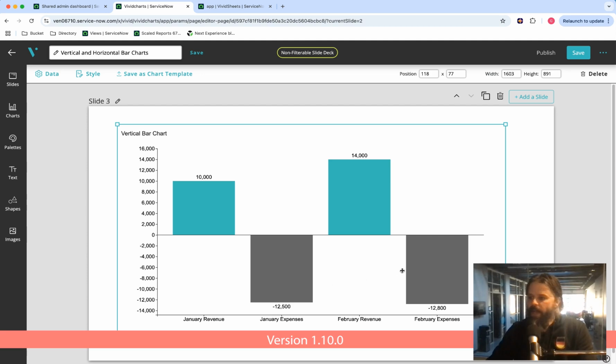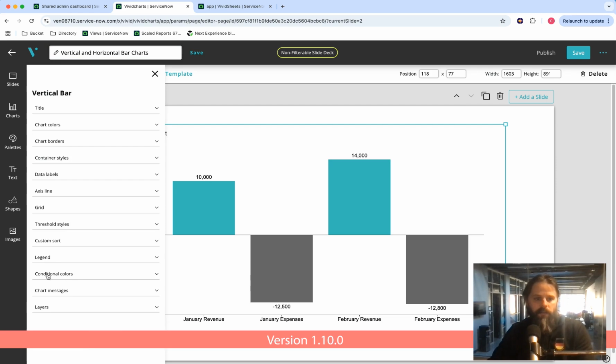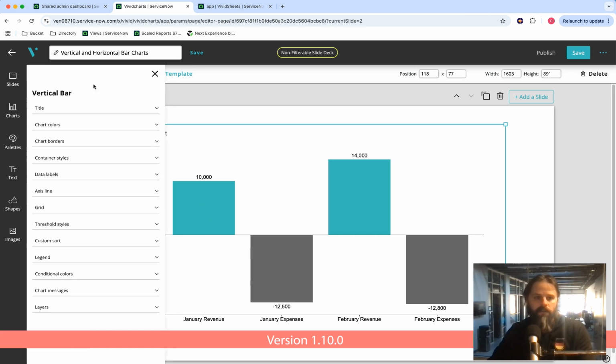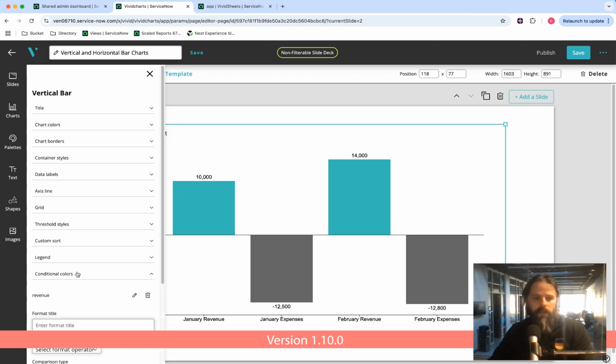One other thing we added was the ability to do a contains conditional coloring. So what does that mean? In this case, if we go into style and we go to conditional colors, we've had conditional colors on both of these bar charts in the past. However, we didn't have a contains. So if you went into conditional,